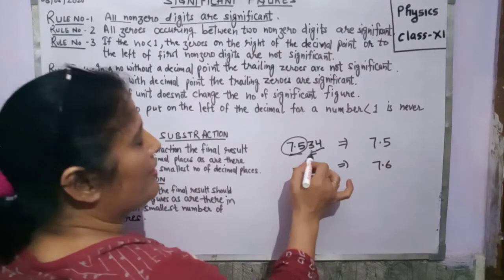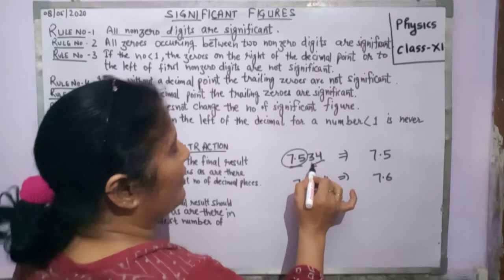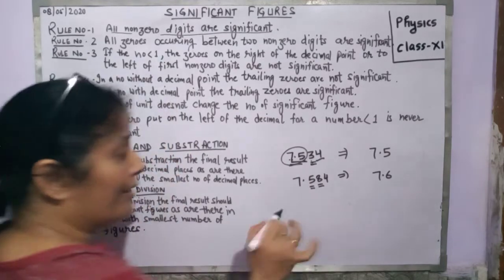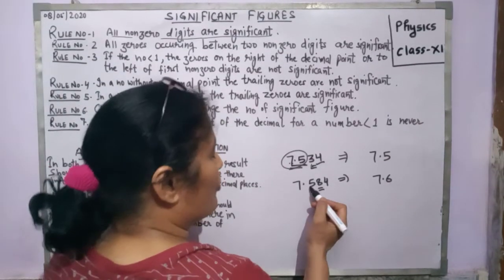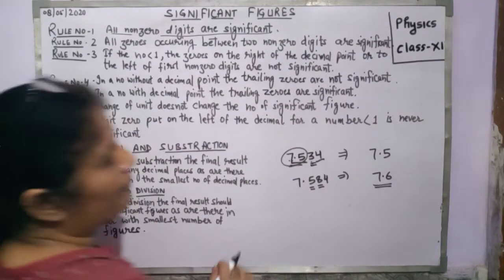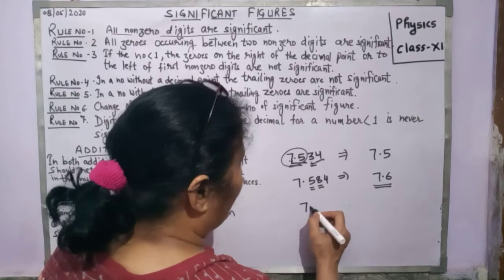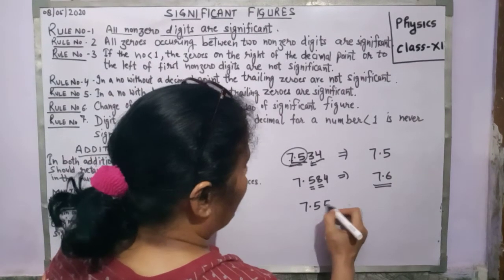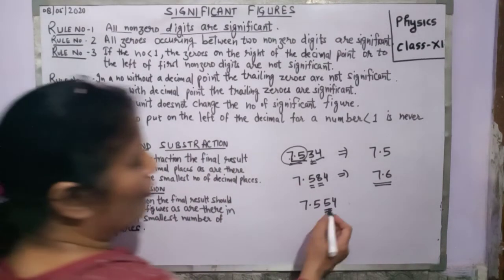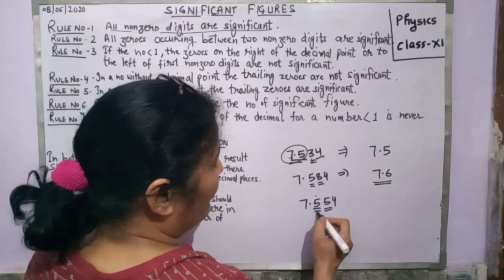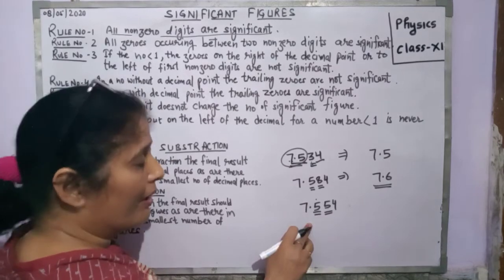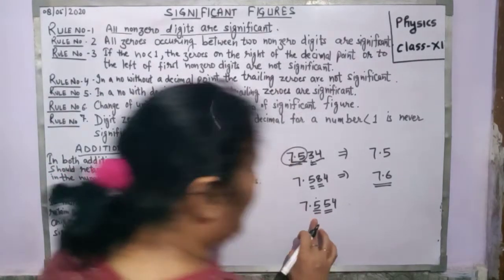If the third digit is less than 5, then the number remains the same, as it has 2 significant figures. If it is greater than 5, then 1 should be added to the preceding one, and the number becomes such. Now if the digit which is to be dropped is equal to 5, then we have to note its preceding figure. If this number is odd, 1 is added to it. If it is even, then nothing should be added to it.